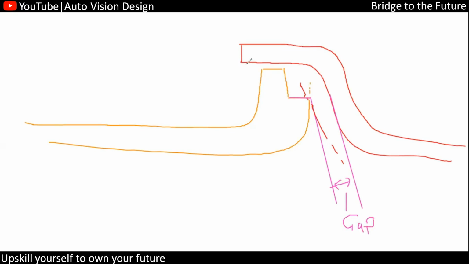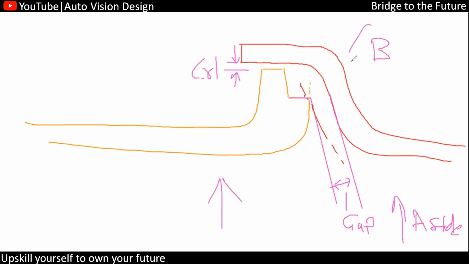Whatever we have in this area is called a clearance, because it is not visible. This is the A side. From the class A side we have this A side, and this is the B side. For that reason, whatever gap we have from the front side, that is what we consider here as the gap condition.